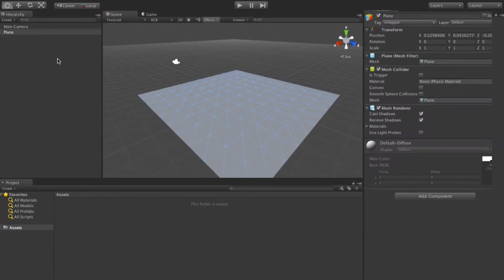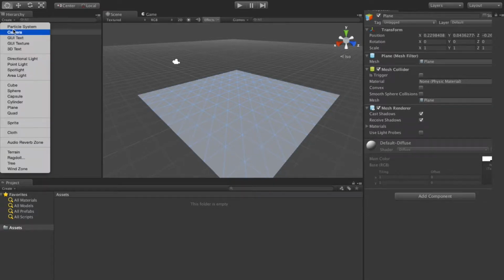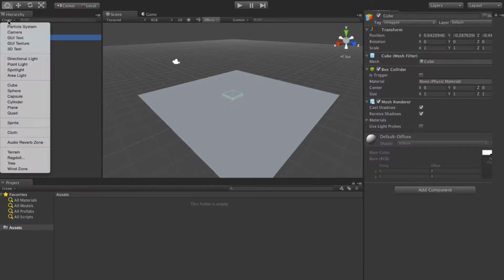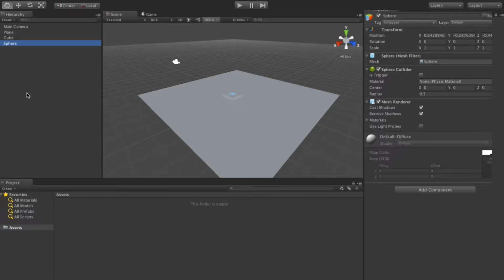Now we're going to go back to create, and create a cube, and I'll do one more, create, and we're going to go sphere. Excellent. Now that we have a couple of things in the scene,